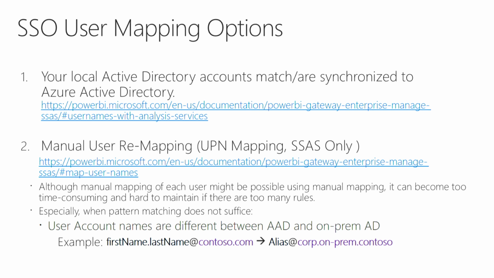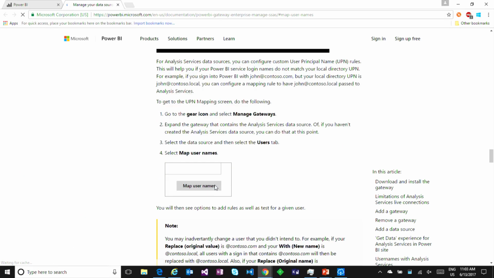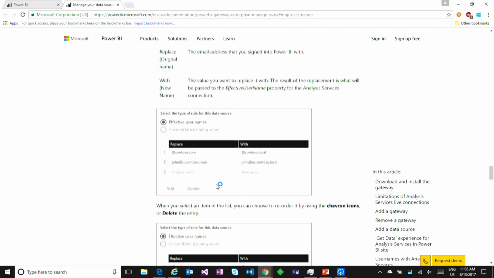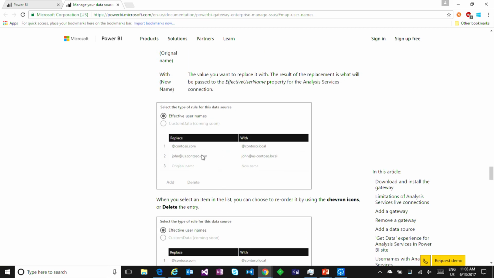on the gateway. Now, for some companies, due to mergers, acquisitions, or other complex on-premises Active Directory forest structures and so on, it may not be possible to synchronize your Active Directory with Azure Active Directory. So we had this option in the past where, specifically for Analysis Services, you could manually configure mappings of users. And I have included here the link to the documentation, and so we can quickly bring this up. There's a video that explains it, but in the end,